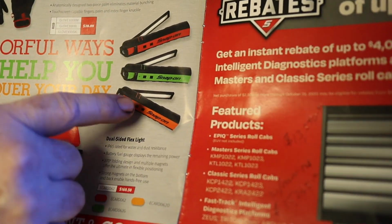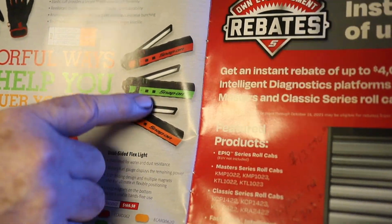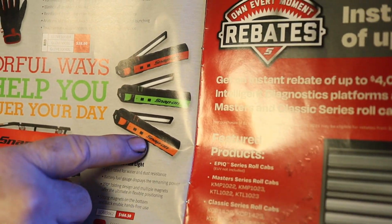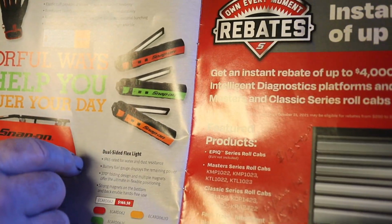I want to find out who makes this light. Astro Tools has a similar light. Not quite as beefy, and it's about $38 or $48, so you might want to consider that, but it's a